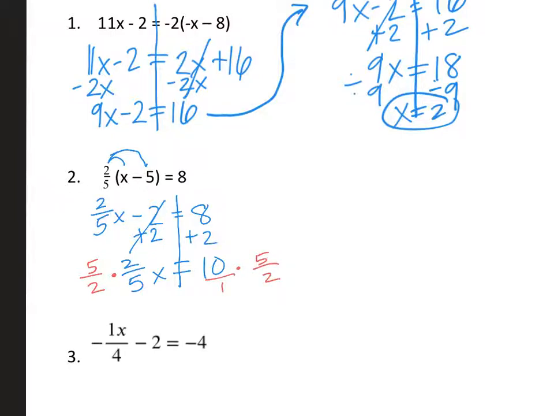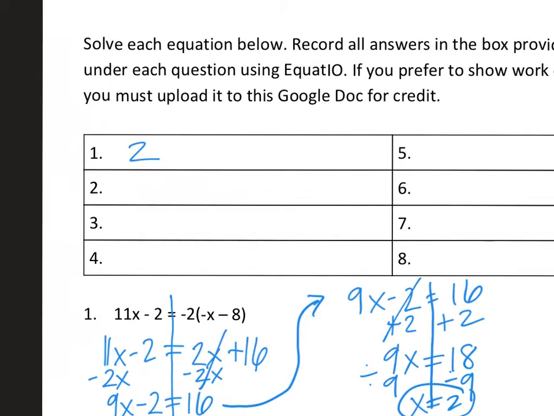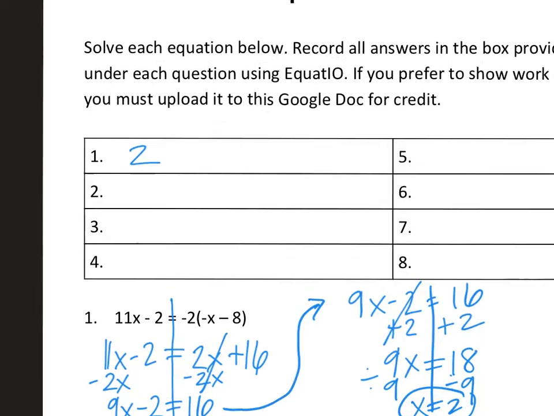These are going to cancel out on the left, so on the left I am left with x, and then on the right hand side I am multiplying across, so 10 times 5 gives me 50, and then 2 is in my denominator. We are not done, we need to simplify, so my final answer is x equals 25. So we need to make sure that we write this up at the top, and so this was number 2, and so our answer is